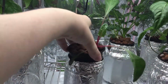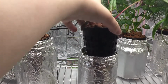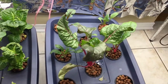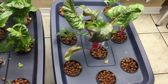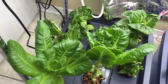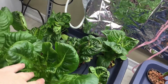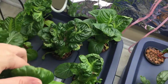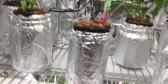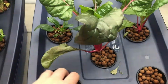roots to get past the cups. Let's see if we have. We have. Okay, so in that case, we can immediately send him down to the deep water culture with the other Swiss chard. We've got Swiss chard down here, and we've got a couple different kinds of lettuce. We've gotten super tall. We had a big salad last night. We've got romaine lettuce, and we've got buttercrunch lettuce, but that one's ready to go, so we'll just do that right now. So I'm just gonna pop it in here, take out kind of this filler container,